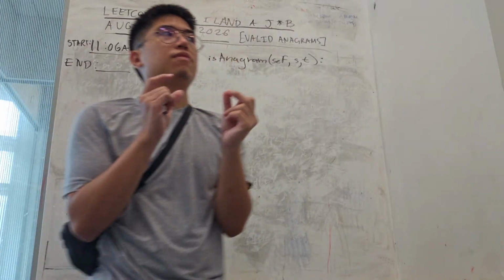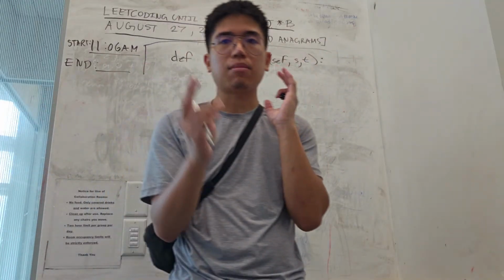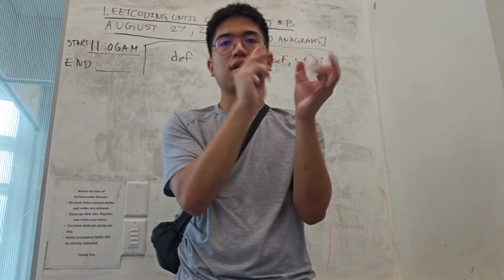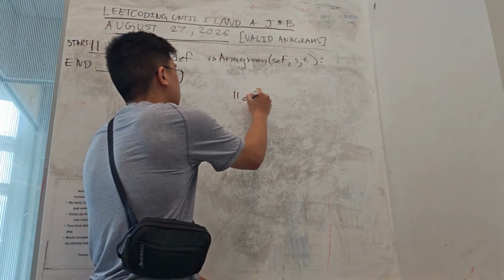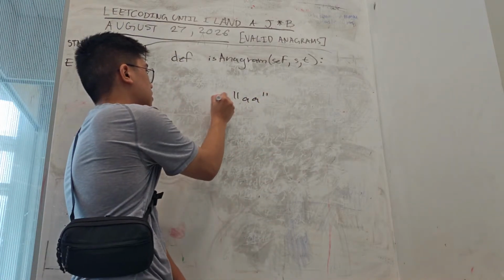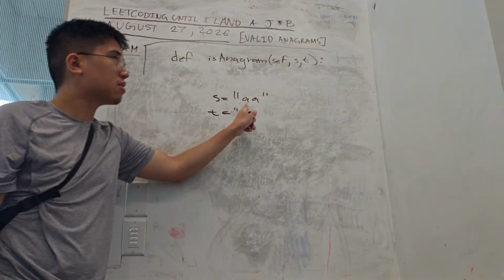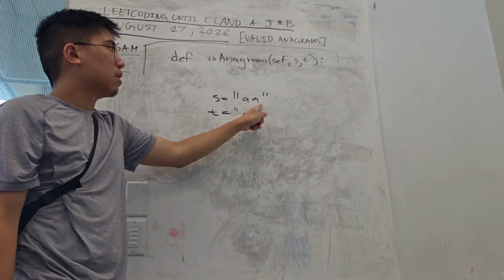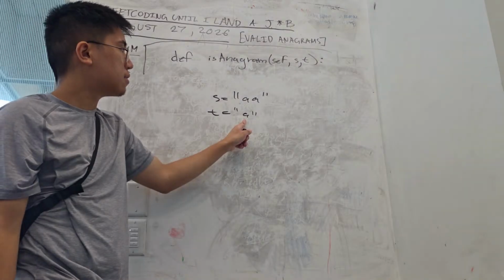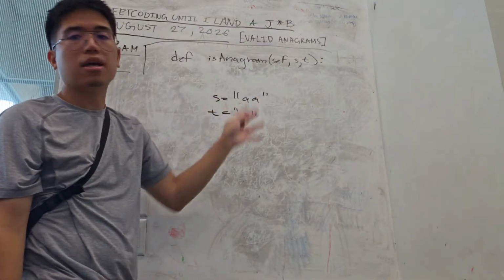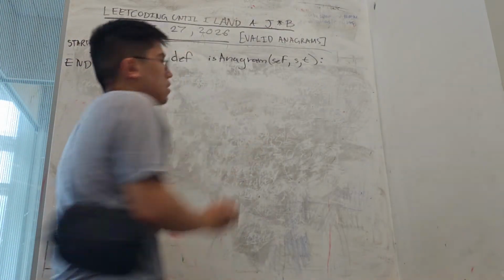I think there's an optimal way to fix this. So one thing that we can say is if S and T are not the same length, that means all the characters in S cannot be rearranged so that it will equal T, because let's say you have S with AA and T with A. By default, because this is longer, S and T cannot be an anagram. So what we can do is a quick check.